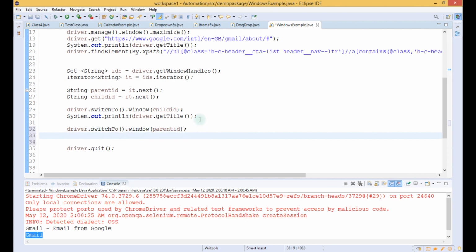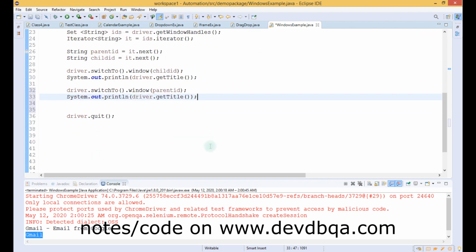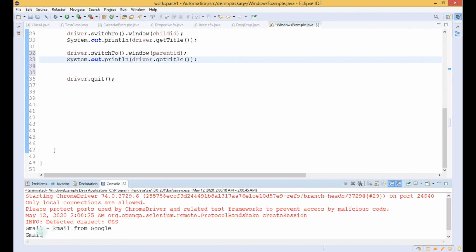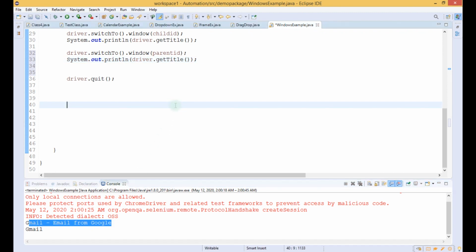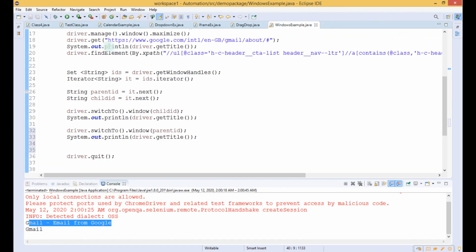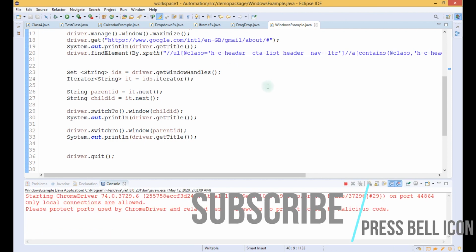To see whether it is working as expected or not, let us again write this line so that we can see the title printed. Now it will first print the title as Gmail, email from Google, then it will print Gmail, and after that it will again print Gmail, email from Google. So let us save it and run it to see if it is working as expected.